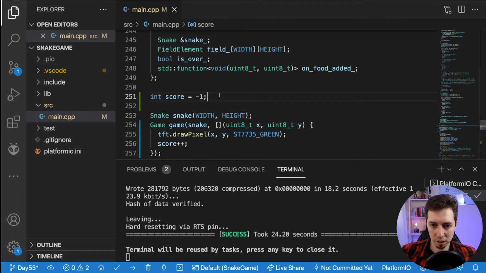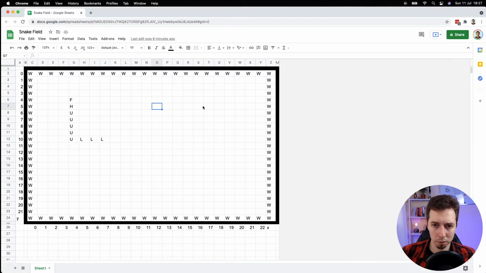To display the score in real time, to explain this, I'm gonna have to show you that on the spreadsheet, right? As you can see here, this is a good example of the snake. We've got the wall at the edge of the screen, and here is the snake that is about to eat the food, okay? And if you think about displaying the information on the screen, the live score, the problem with what we've got at the moment is there is no space to do that, okay? So to display it, we would have to shift it a little bit, right? Like leave some empty space, ideally at the top,